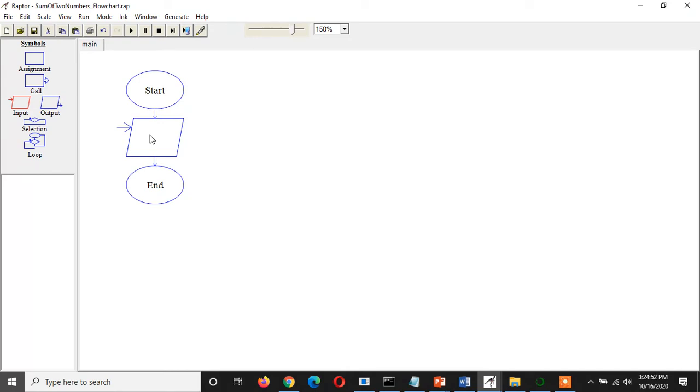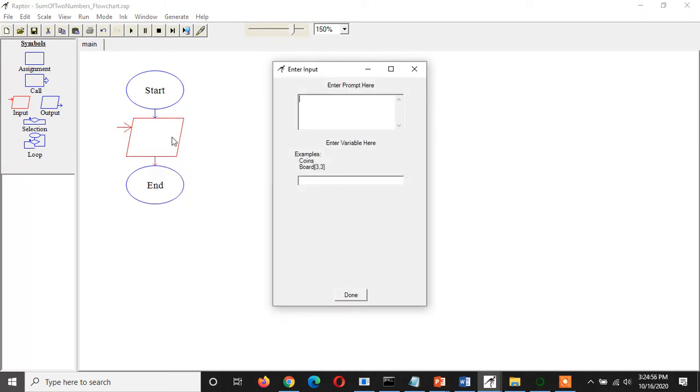Now I want to put some text in this, so I am going to edit this by right clicking it. Now you have to enter the message which you want to display to the user, because the user will not know what is to be inputted in this variable. So I am writing "enter first number" in double quotes, because this is a message, it is not an executable statement.